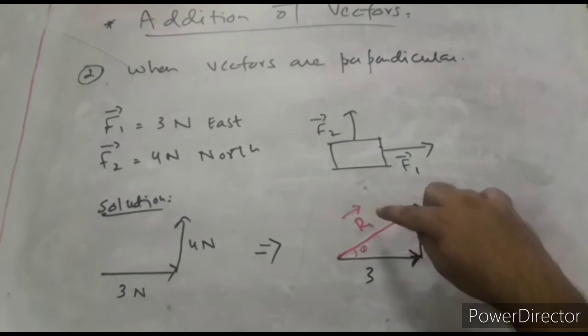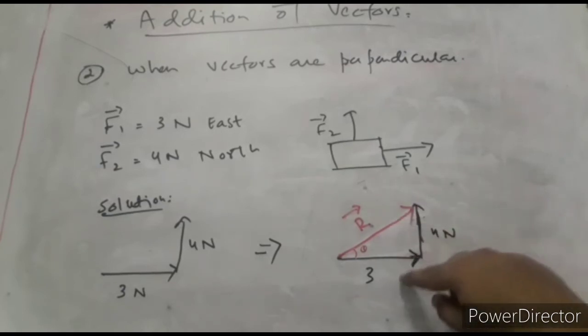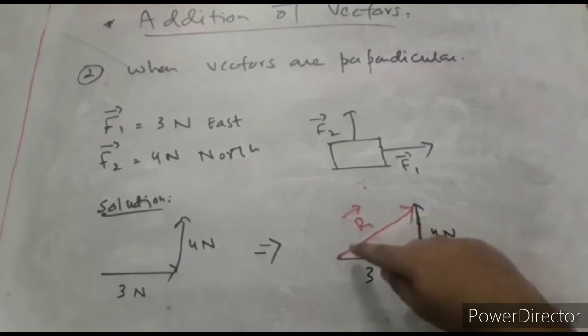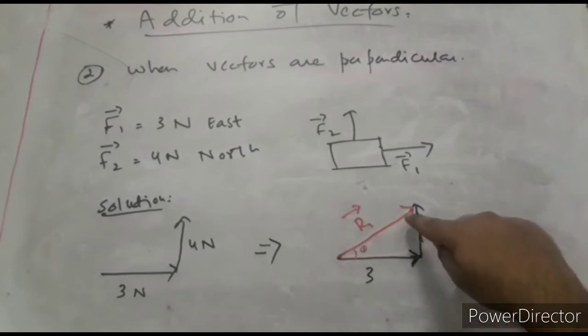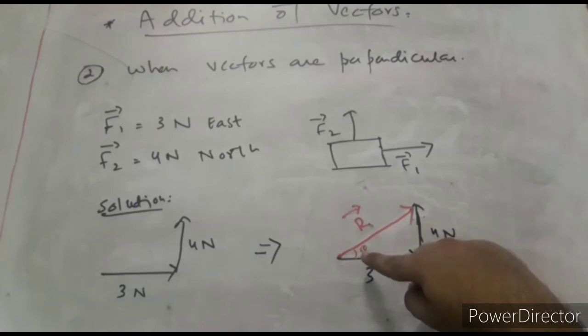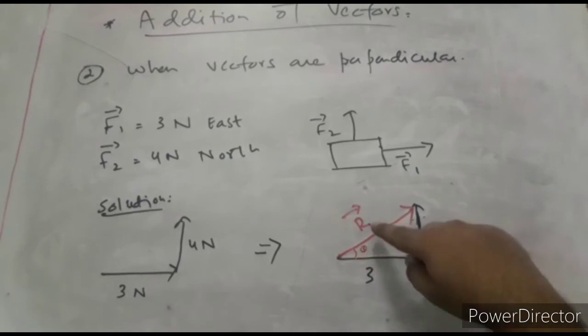Now what will be the value of this R? We have a formula for that, but first you should be clear that we have to write these vectors like this, and we have to draw the resultant vector like this. Since the resultant is also a vector, we should know its magnitude, which is represented by this tail, and the direction as well. So what is the direction of this vector? We can find that direction by using this angle, with a protractor and some formula as well. So now let's move to the formula by which we can find the value of this R.